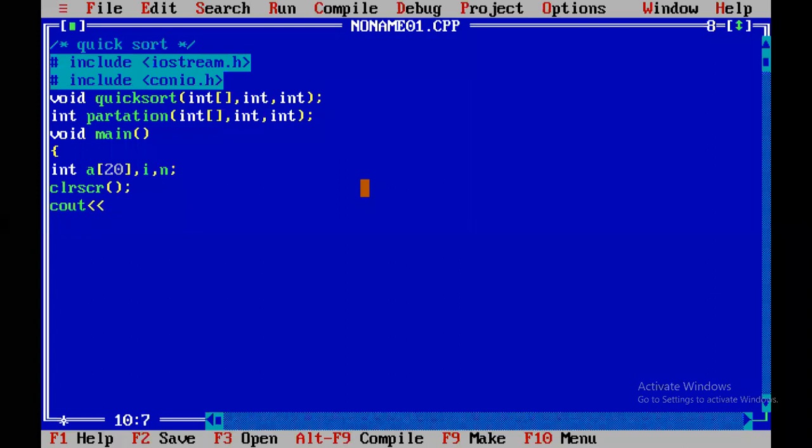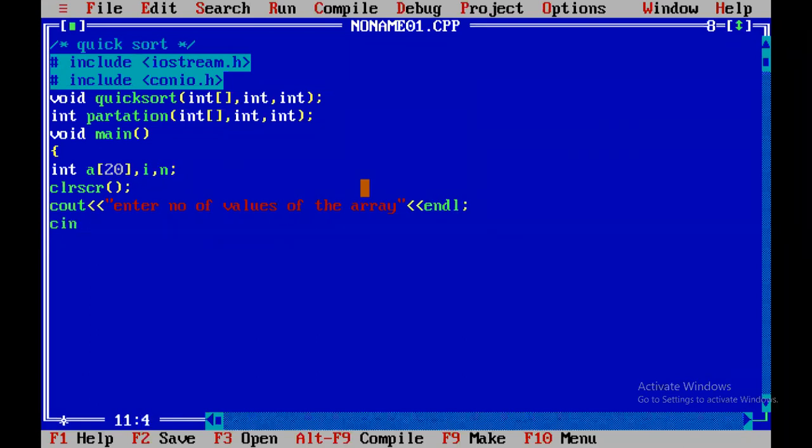Cout, enter number of values of the array. Cin n. If n is 5, you have to enter 5 integers. If n is 6, you have to enter 6 integers. If n is 7, you have to enter 7 integers.